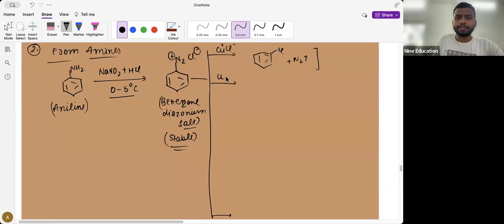Next, if I put CuBr in this salt, beta, these are all reactions I am writing in a tabular form, in one table, so that I need not write all the reagents again and again. Let's say you have CuBr and N2 is again lost. These two reactions are known as